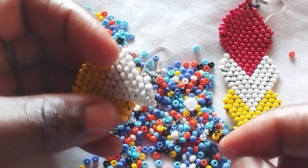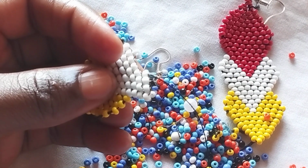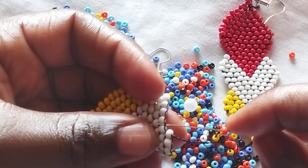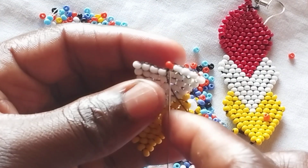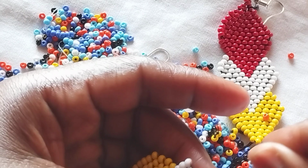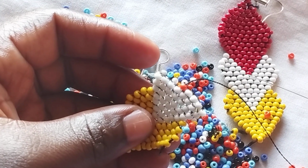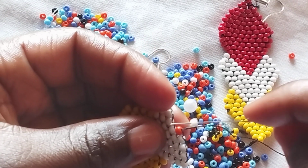So I've already picked 4 white beads, so I'm going to introduce my red. On this one, I'm dealing with the yellow color, so I'm going to introduce, not yellow, orange bead there, and then I will pull. Now this is the one bead that we are introducing here. Then we continue